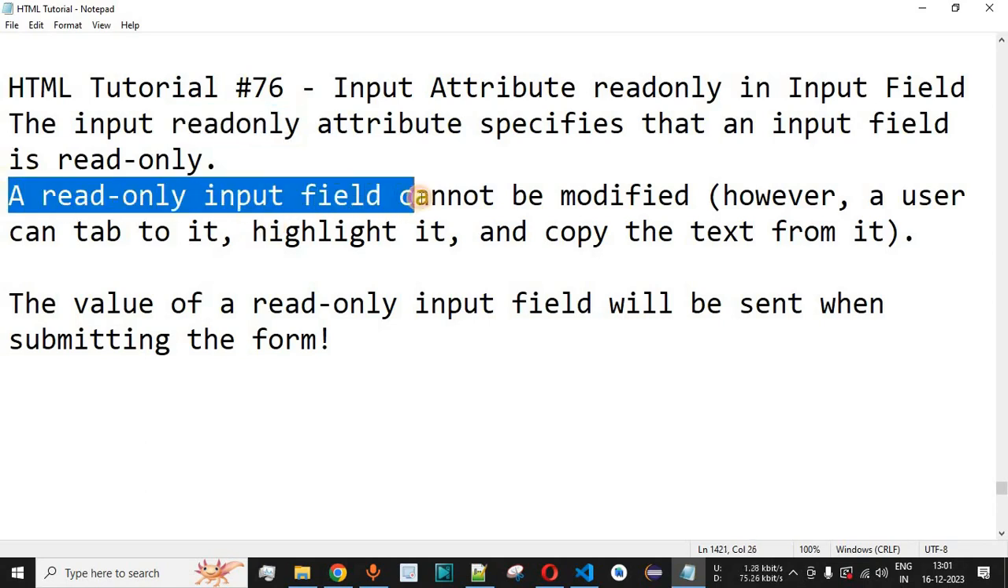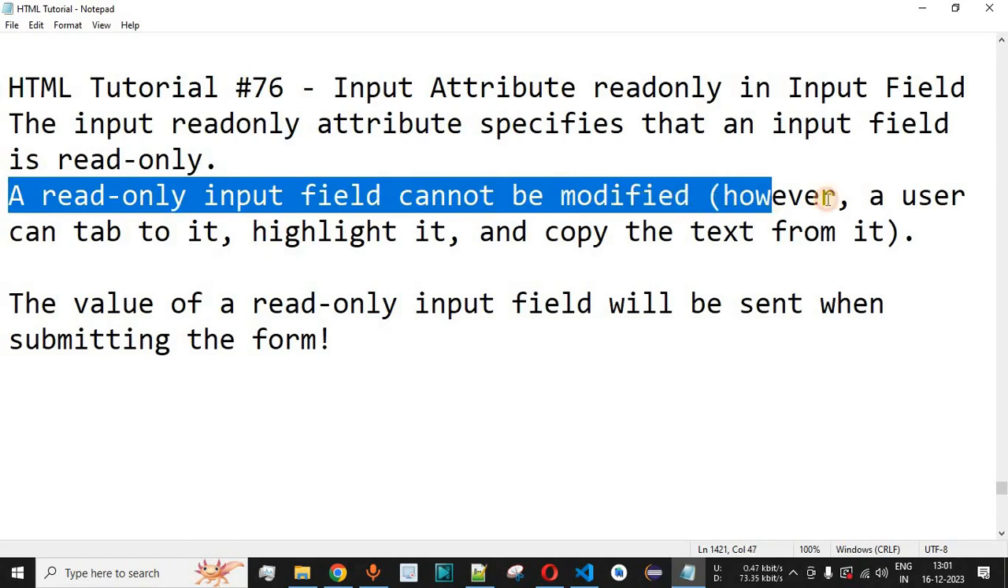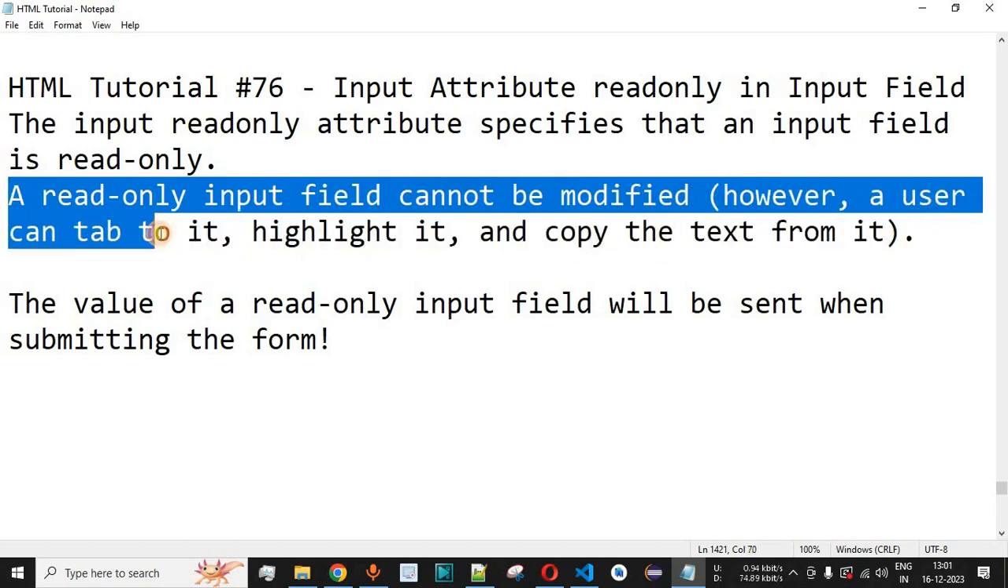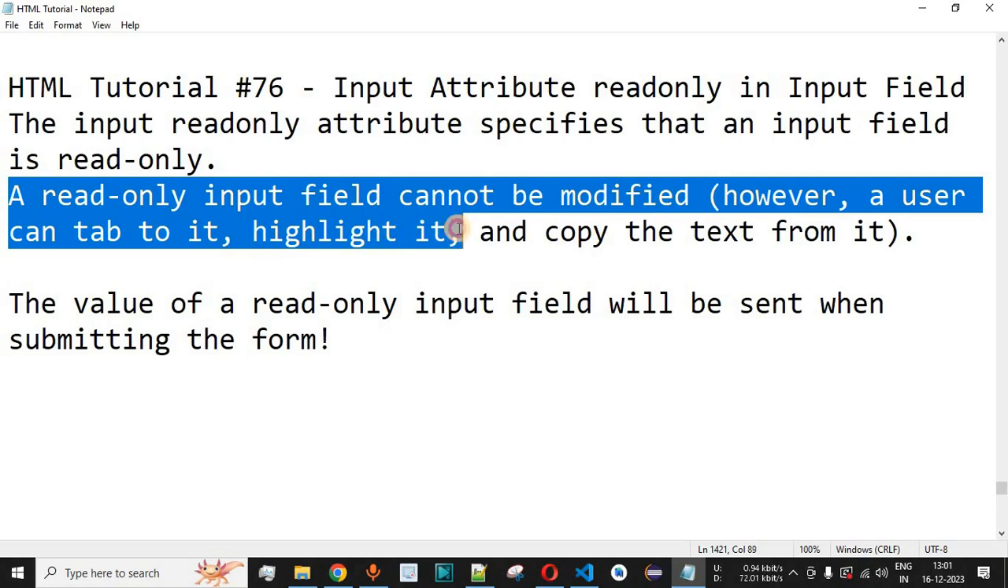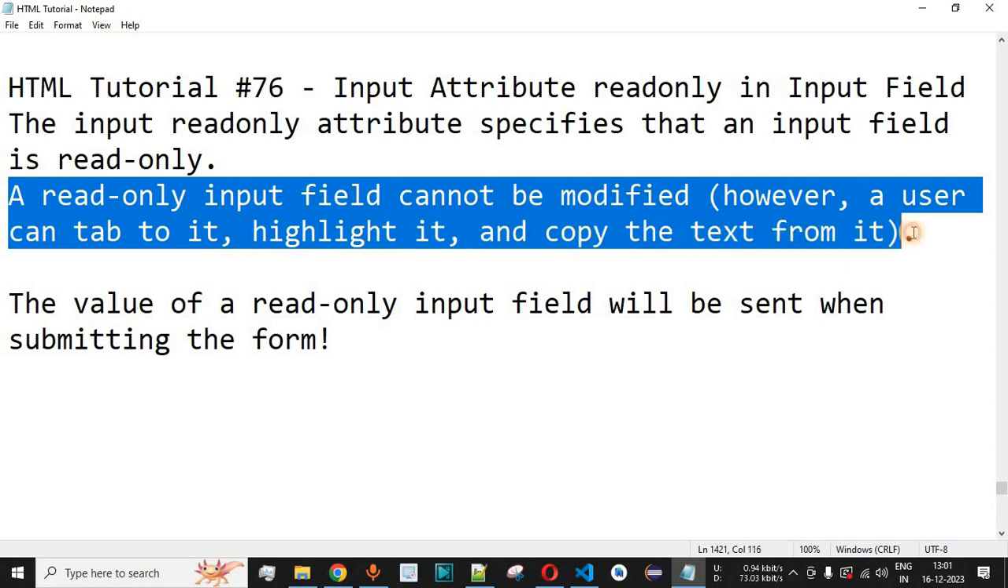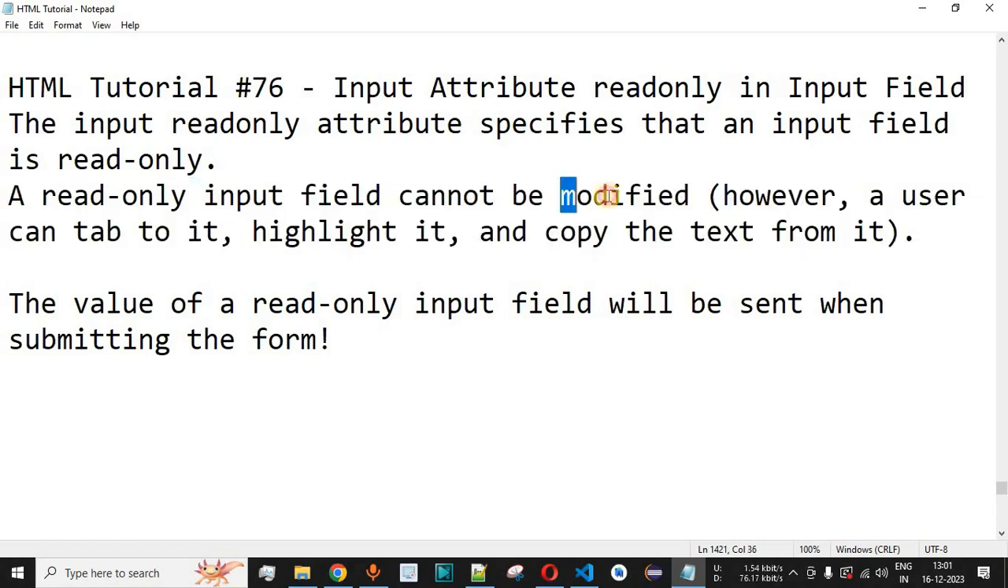Now a read-only input field cannot be modified. However, a user can tab to it, which means the user can press the tab key on the keyboard and go to that particular input field. Also, the user can highlight it and copy the text from it. So basically all the other things can be done inside this read-only input field, but the user cannot modify